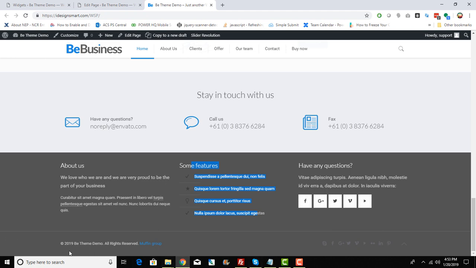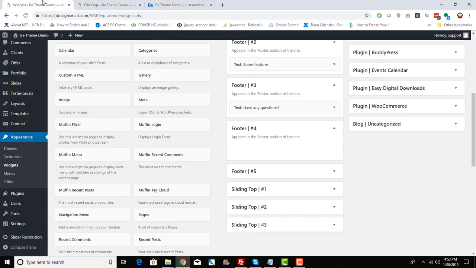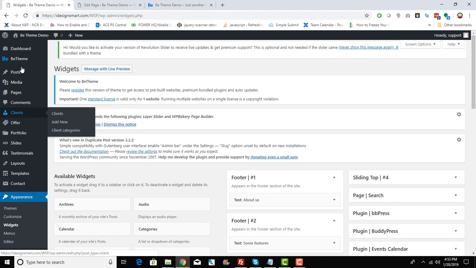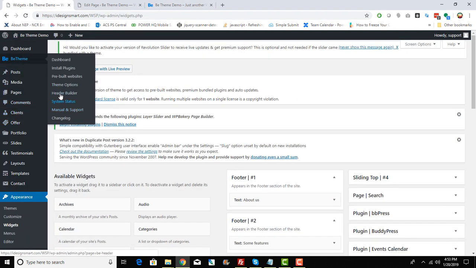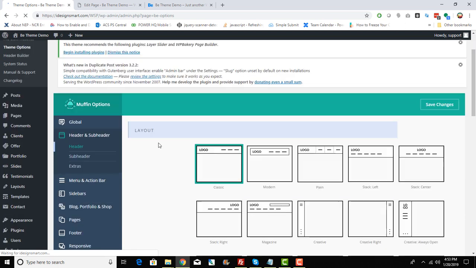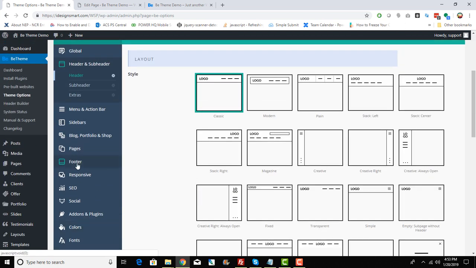copyrights area in the footer. So you can display your copyright message over here, and you can also display the social icons and back to top option. So to revisit those, you will need to go to theme options again. Okay, I need to go to BeTheme Options, and try to find out where the footer options are. So we go to footer,